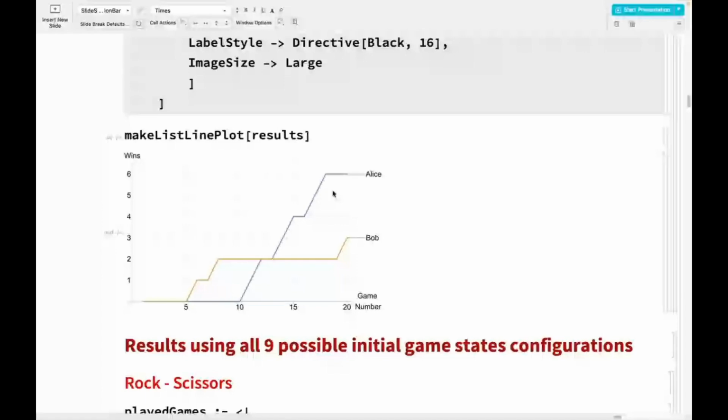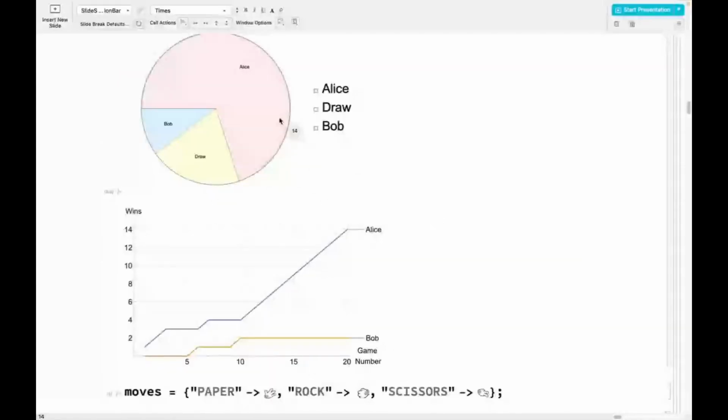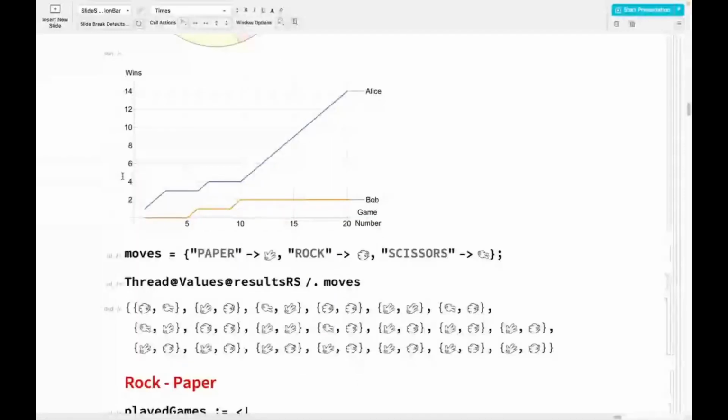So now what we did is to initialize the game with the different possible game states. In this case, one round of all the 9 possible conditions, and check the results from those initial games. So actually, they are playing only 19 games out of the 20 here, and this is a way to visualize